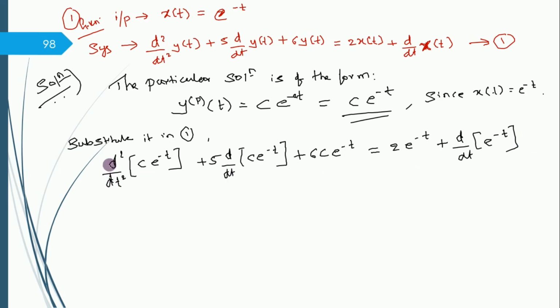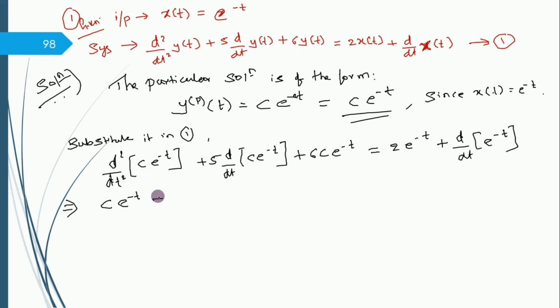Once we solve it, concentrate here. Differentiation of this: c is constant, take it out. Differentiation of e raised to minus t is minus e raised to minus t. Again, one more time if I differentiate, one more minus comes. That minus and the previous minus cancel. You will be remaining with only e raised to minus t. You double check it, cross check it. It is very simple. One more time if you differentiate e raised to minus t, one more minus sign comes, so that and this cancel. So you will get only this much, plus 5.